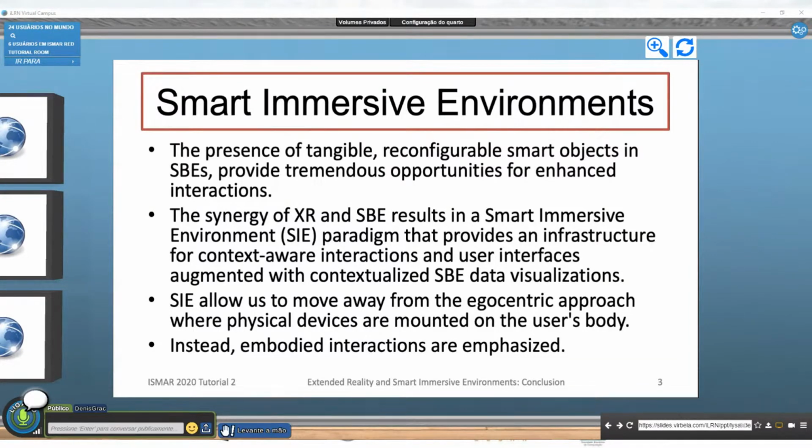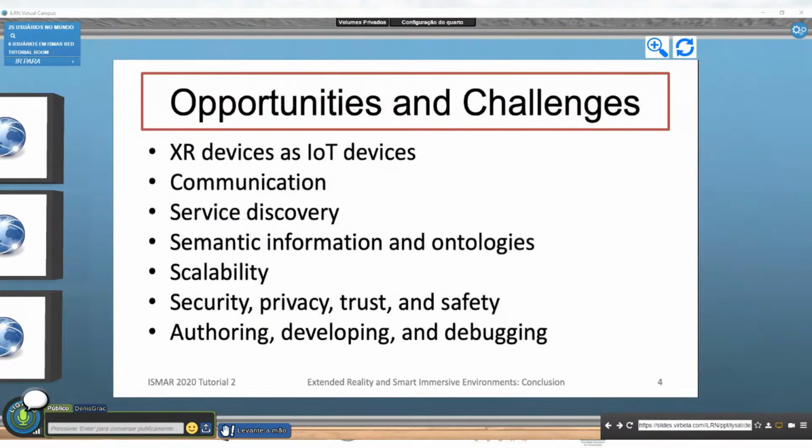data visualization. Smart immersive environments enable us to move away from the egocentric approach, where physical devices are mounted on the user body and that's how we get data. Rather, we can then emphasize embodied interactions. Opportunities and challenges